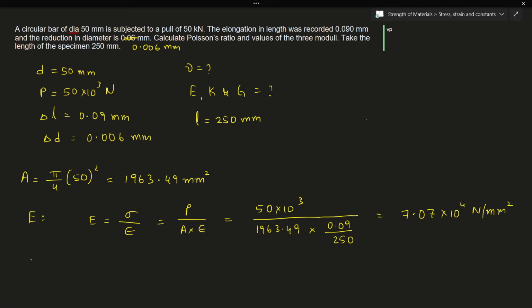Okay, let me now calculate the elastic Poisson's ratio. For the Poisson's ratio, the formula is given by lateral strain divided by the longitudinal strain. So lateral strain is given by delta D divided by D, whole divided by delta L by L. So now this is nothing but